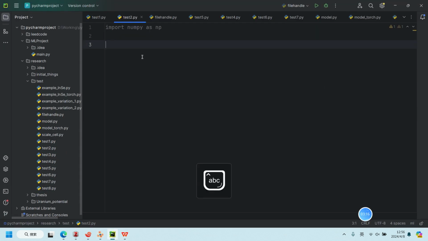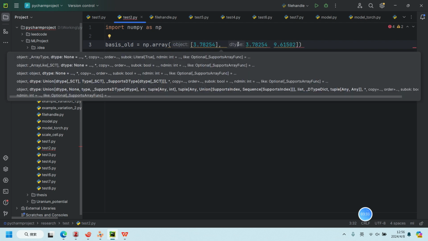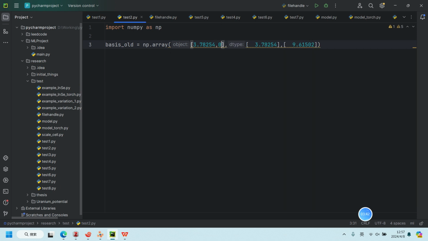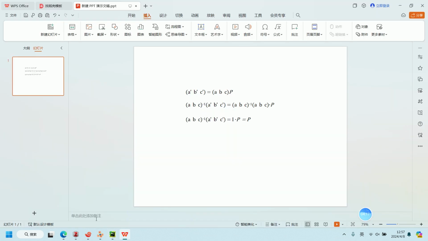Okay, this is our old basis vectors, and now we need to know the new set of basis vectors,